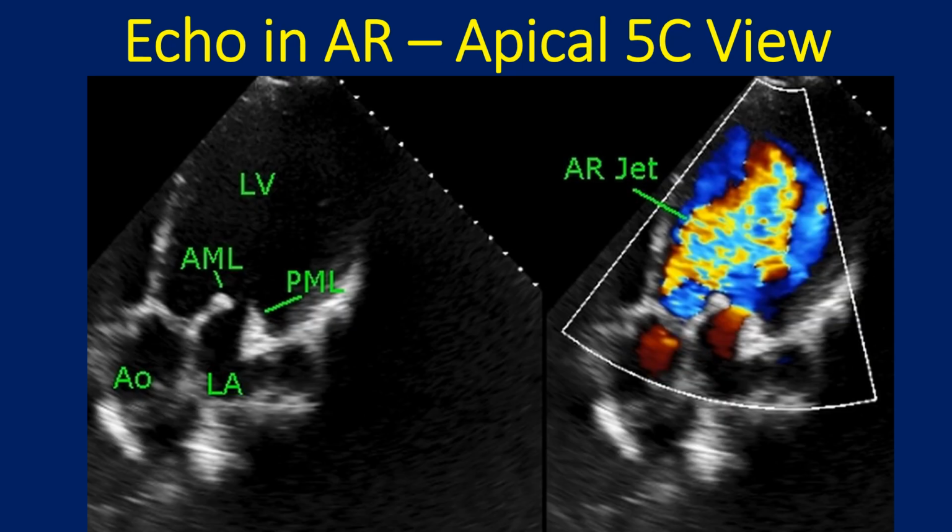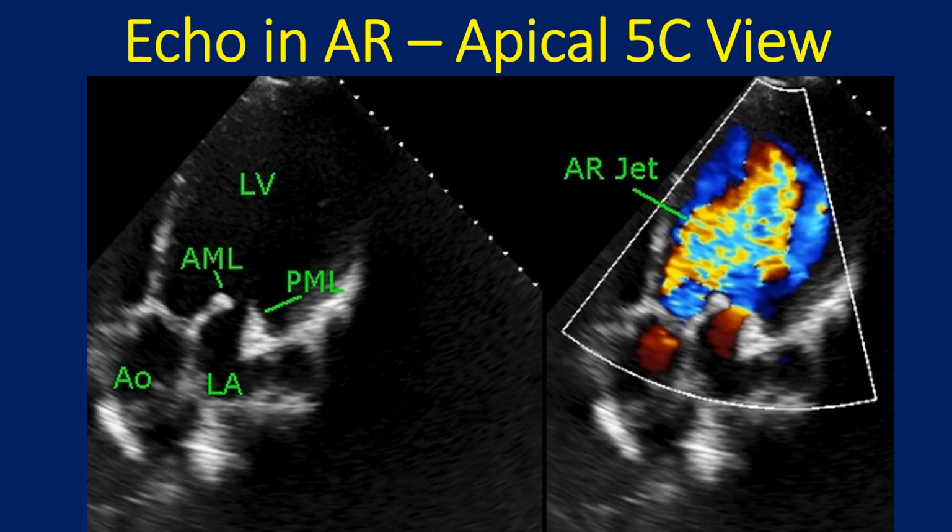Apical 5-chamber view shows the dilated left ventricle, thickened anterior mitral leaflet and posterior mitral leaflet. In this view also, the AR jet is large, extending deep into the LV, indicating severe AR. Thickening of both aortic and mitral leaflets indicate the possible etiology as rheumatic. Mitral and aortic valves are the most often involved valves in rheumatic heart disease, the former being more common between the two.